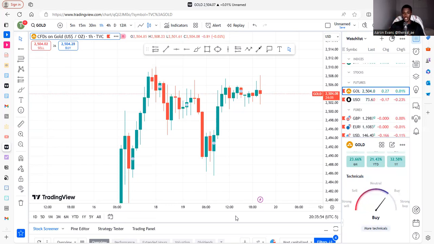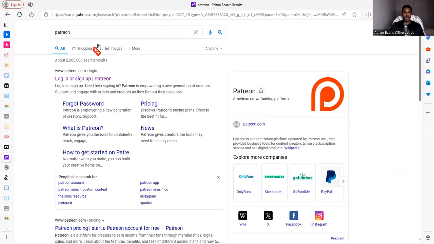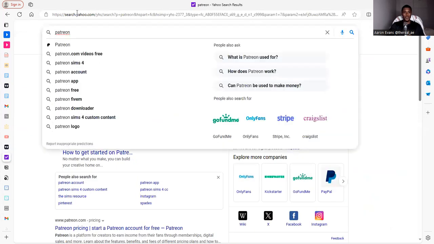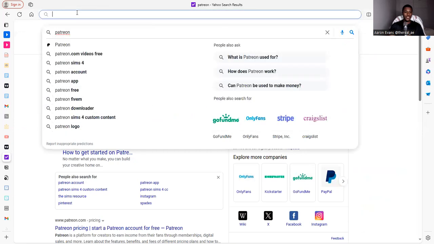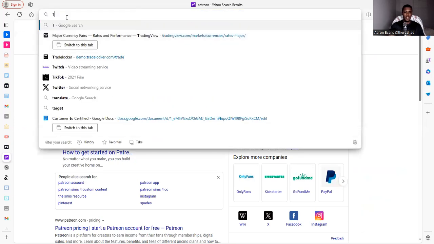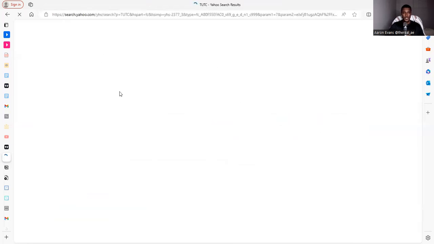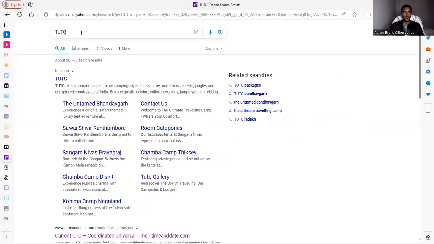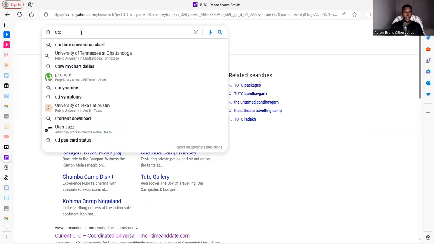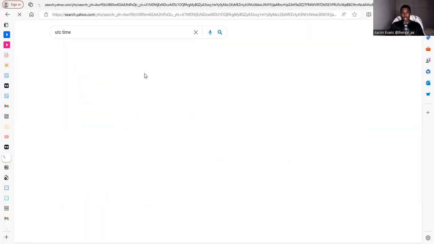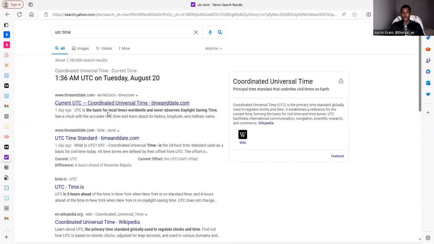called UTC. It's called the Universal Time Coordinate. Okay, so when you look up the Universal Time Coordinate, I'll give you guys a little bit of a history lesson. When you Google UTC, a lot of the TradingView charts are based off of the coordinated universal time, or universal coordinated time, however you